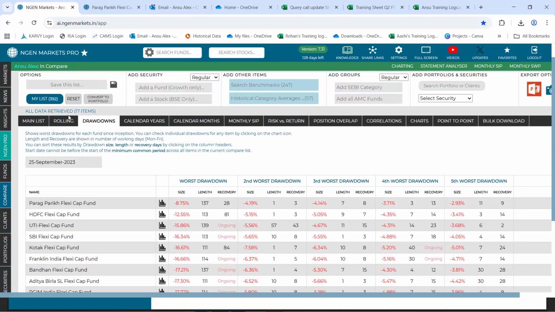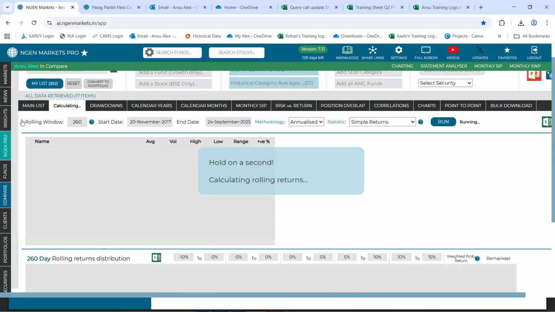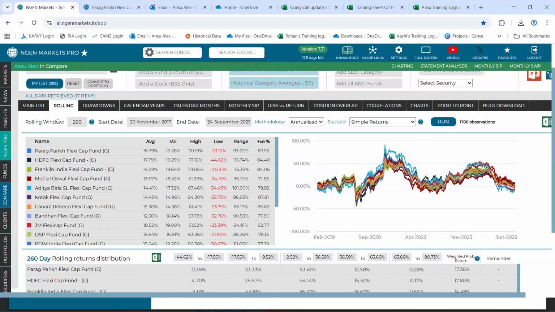And the last tab that we will be focusing on will be this rollings tab. Rollings lets us know the consistency of the schemes that we are looking at. You can see rolling window has been mentioned here, which is equivalent to the holding period of each of these funds.